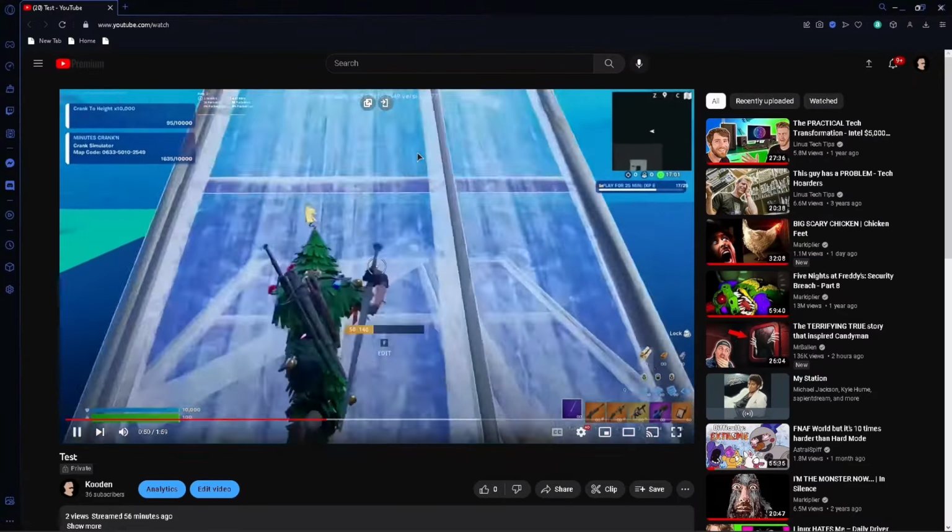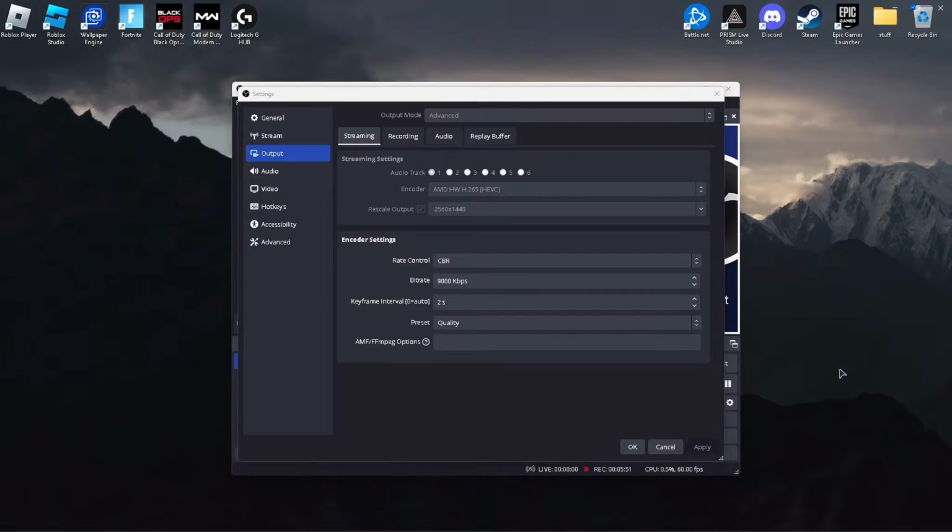Now, for other people who are not so fortunate, recording at these settings will absolutely destroy their computer. So if you have a gaming computer that's not as good, maybe you can choose your graphics card option. It'll be either AMD or Nvidia. You can choose either 1080p or 720p to record at, and then